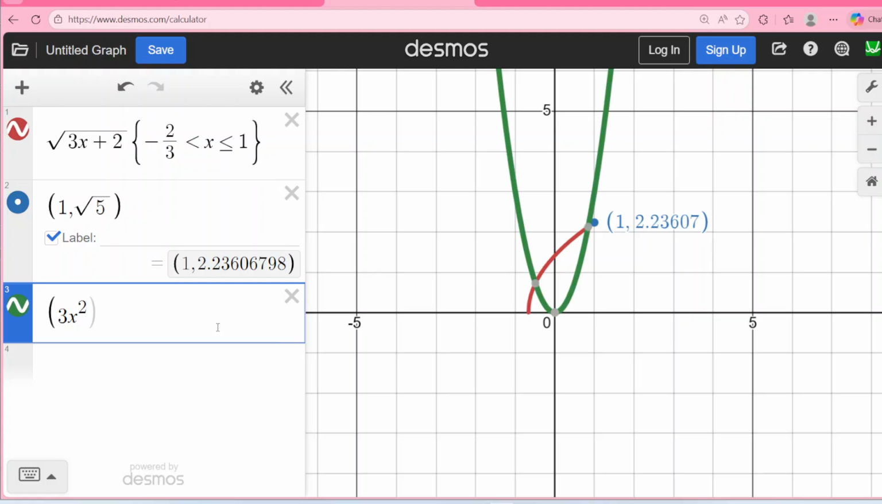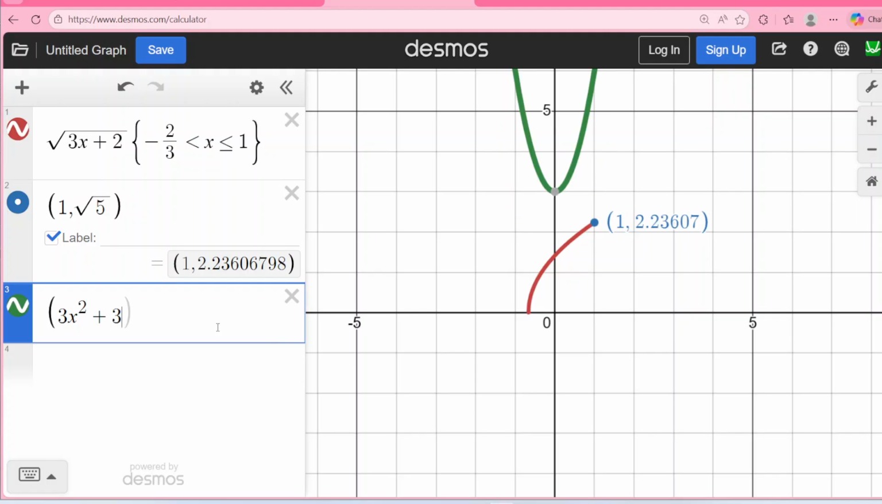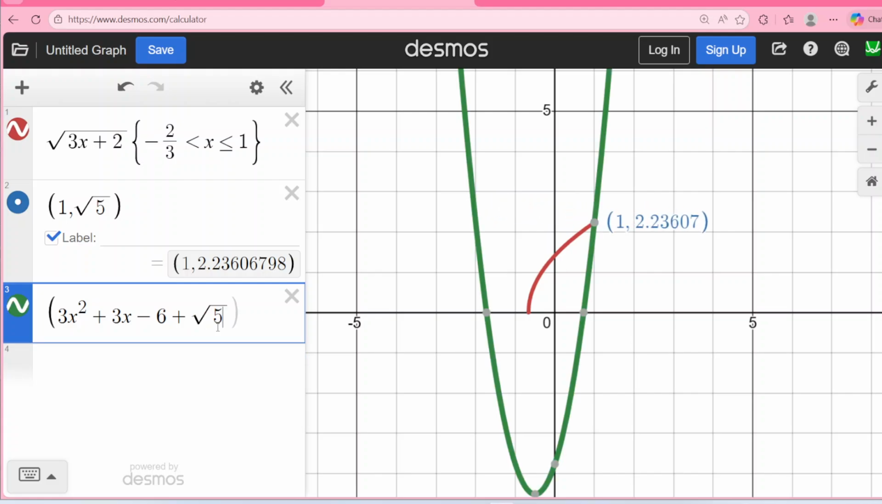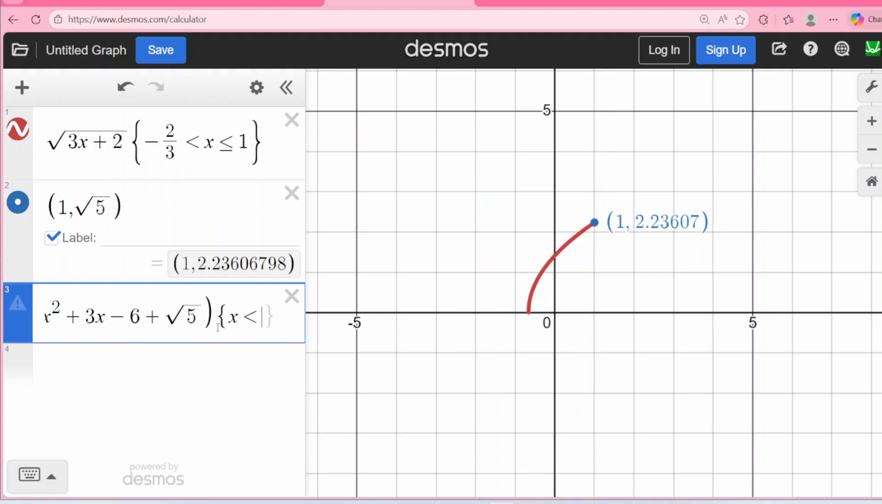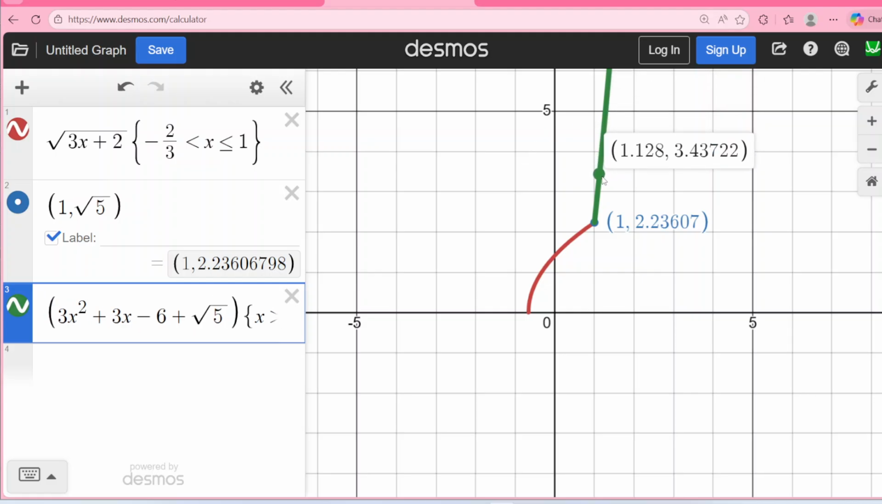And then the right piece, right, so in parentheses, here is the expression for the second piece, 3x squared plus 3x minus 6 plus the square root of 5. But I don't want to look at the whole parabola. I just want to look at the part of it that has x greater than 1. And do you see how from the right side, it is undefined on the right piece,